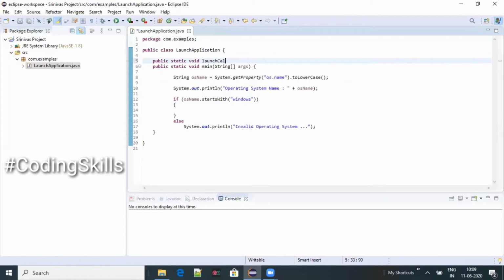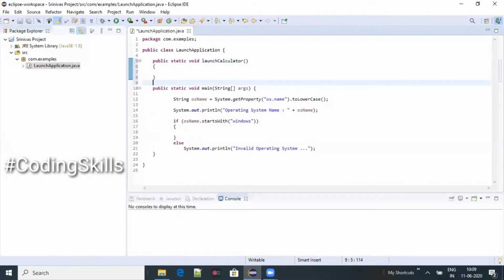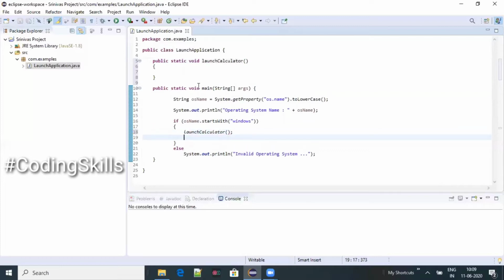Creating a public static method which is of type void, and name of the method is launch calculator. So we are going to invoke this method inside an if block. Printing a message launching calculator.